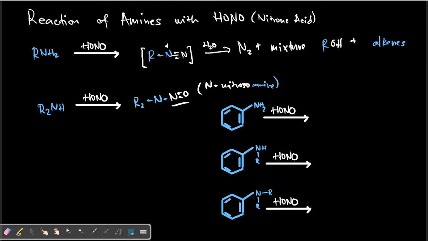Okay? So in here, we have here this reactions of aromatic amines with HONO. So this will be the products of this reaction. So we'll just be taking this. And due to the presence of the HONO, parang yung sa primary amine lang natin, we will have here a compound na ganito yung itsura.